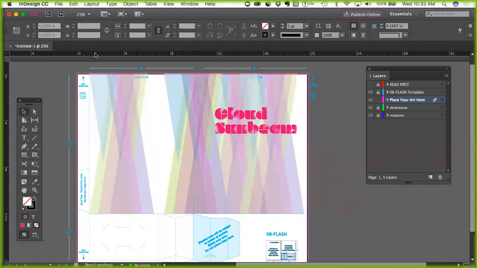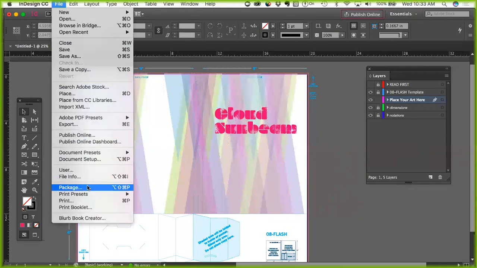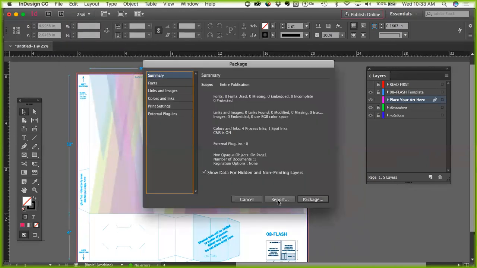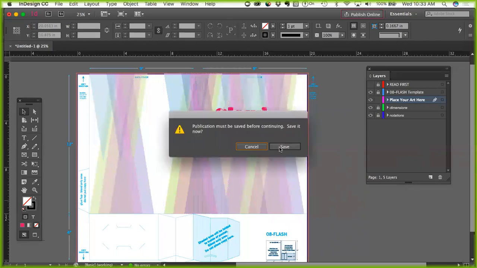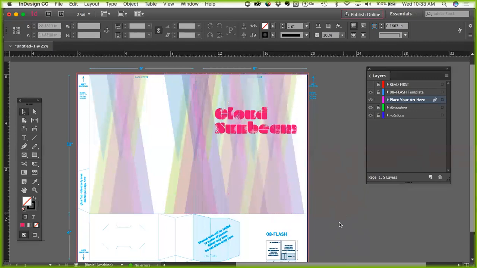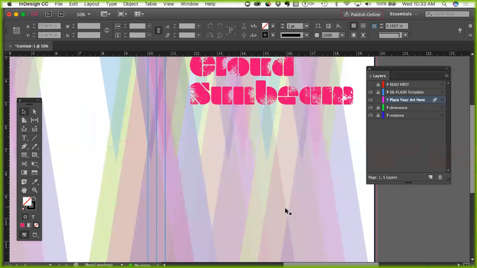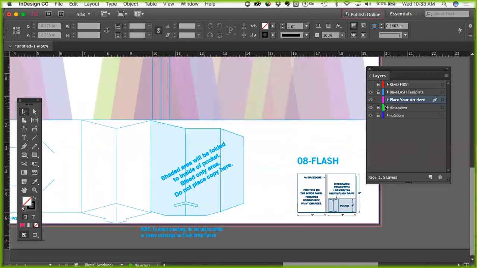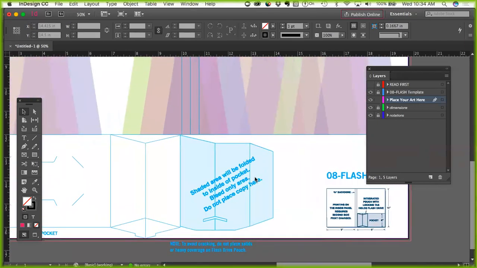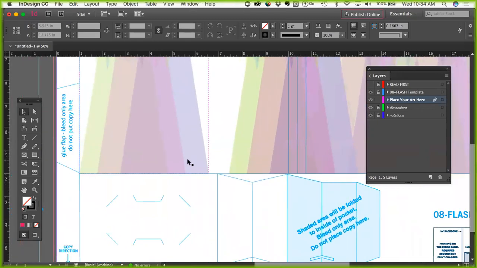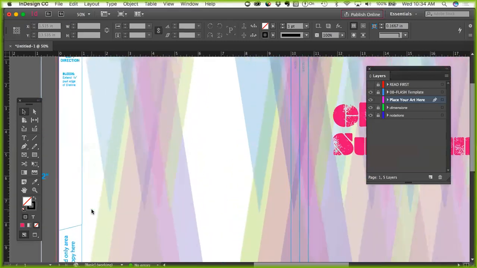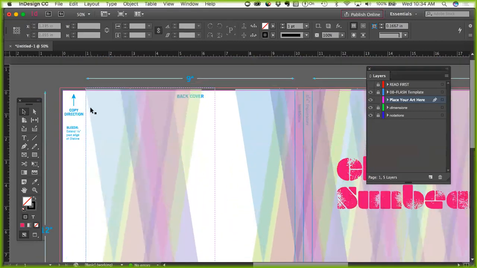So when you're finished, just remember you're going to package. So file, package, and then package and do your stuff. It's going to save. I'm not going to do it because it's not quite there. But the important thing to remember is just keep yourself in the lines, in the guidelines, and be cognizant of